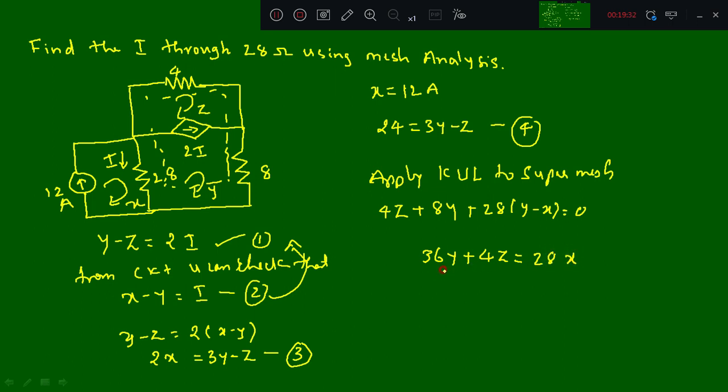X value you know, so if you substitute, it is 36y plus 4z is equal to 336. So this is equation number 5. Solving equation number 4 and 5, you will get the value as y is equal to 9, z is equal to